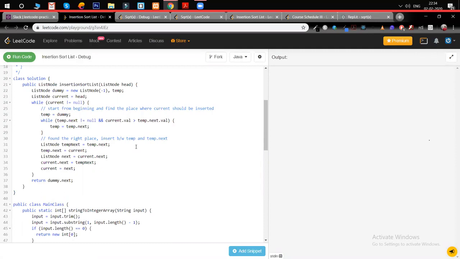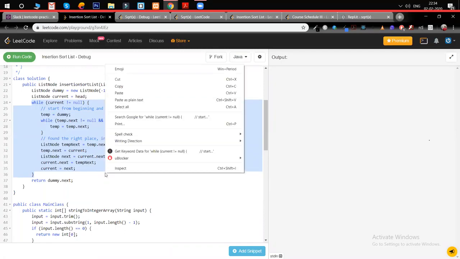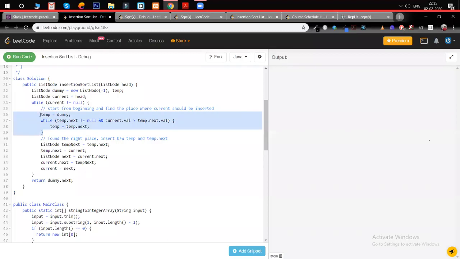Start from line 24 and see, I'm trying to find where to insert. Just read those three lines from there. I'm trying to find where I should place this new element which I'm processing. After that, it's all linked list manipulation. Make sure you are not losing your next pointers. You can try to debug, or if you have questions, I can answer now, maybe.